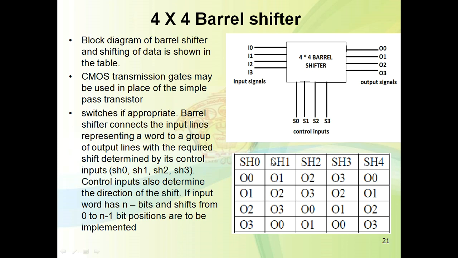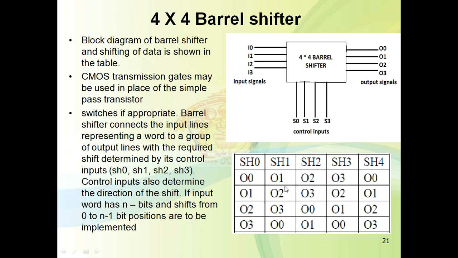So now you can see it. So this will be the shift 0. So the outputs will be 0, 1, 2, and 3. There will be no shifting. Input is connected to 0, so there 1, 2 and 3 as they are you will get. This is 0, 1, 2 and 3.